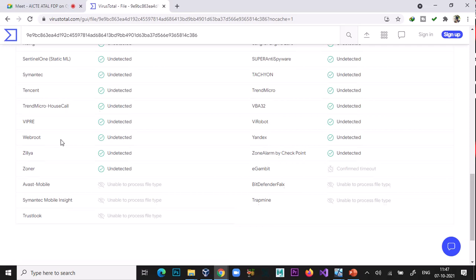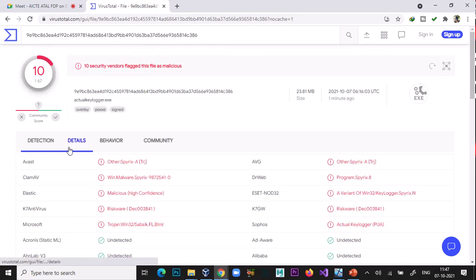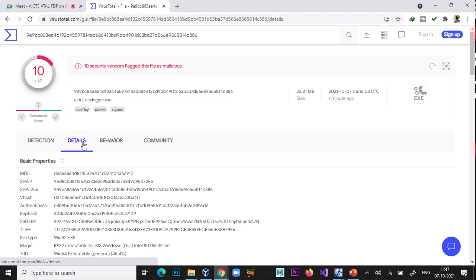So that's why, if you are using antivirus, please use a genuine one. So this is VirusTotal. In our next session, we will make our own payload, upload it on VirusTotal and see what kind of messages we receive, whether it is a virus or not a virus.